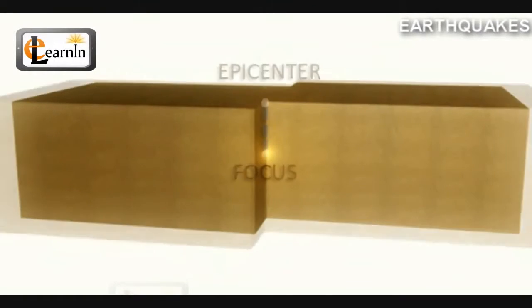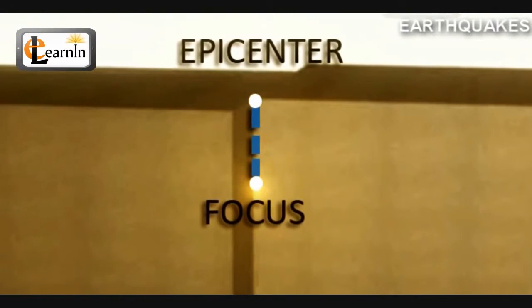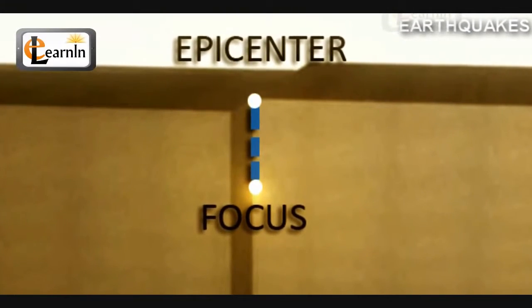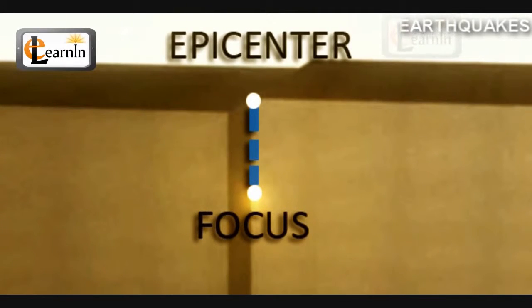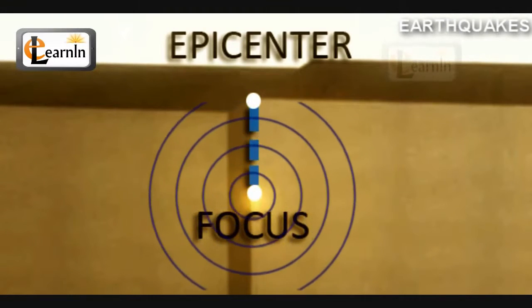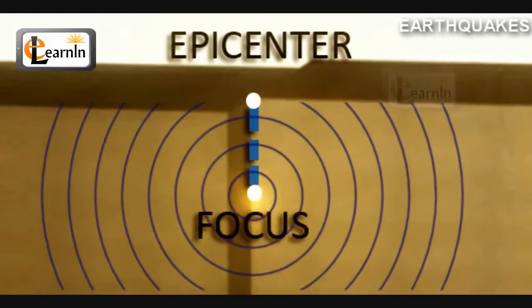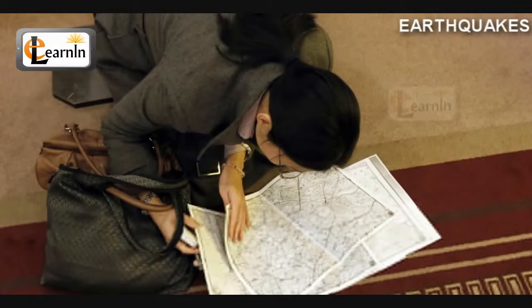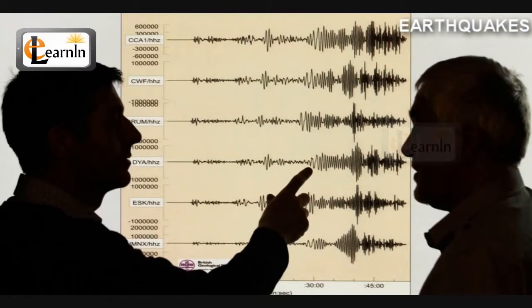The point of origin of an earthquake is called the focus, while the point directly above it on the surface of the Earth is called the epicenter. Owing to the strong vibrations around the point of origin, the degree of destruction is greater around the epicenter. The branch of knowledge that deals with the study of earthquakes is called seismology, and the experts who study seismic